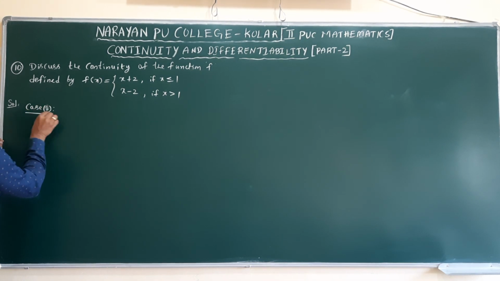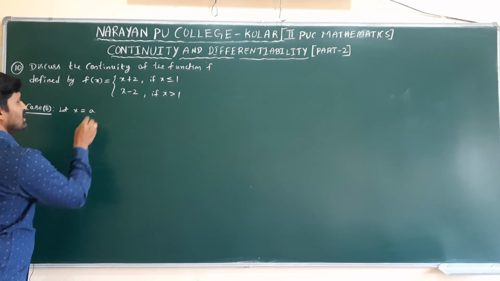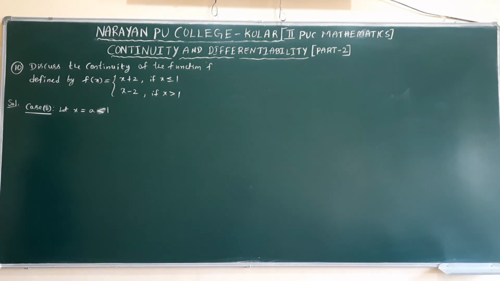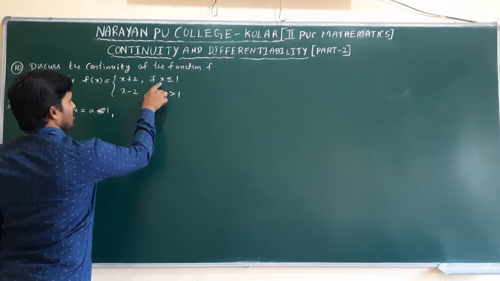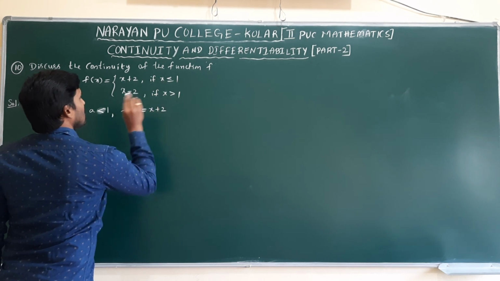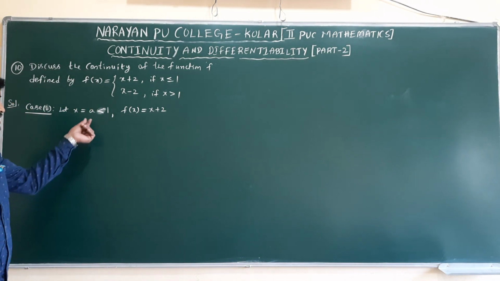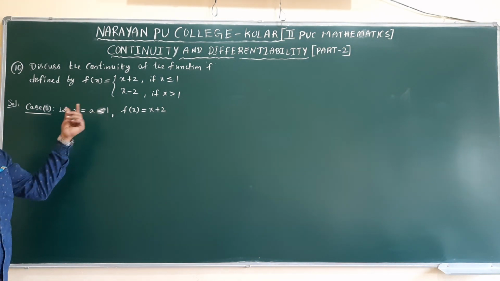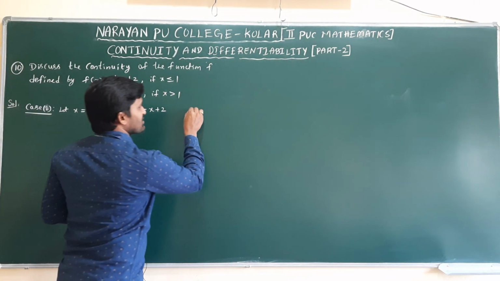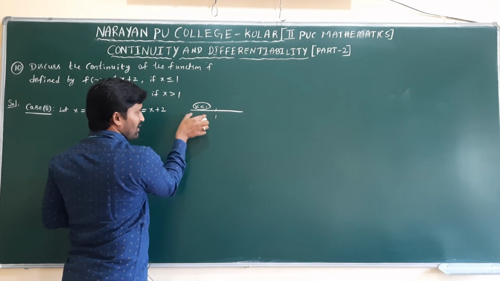Now case 1, I am taking, let x is equal to a, that a is less than 1. Now a is less than 1, that means x value less than 1, what is the function there? x plus 2. Less than 1 means we have infinitely many values. We are not able to check at every point. That's why we are taking symbol a, that a is less than 1. Now a single function only is present, so we need to check only left side of 1, we have only a single function to check in left side of 1.